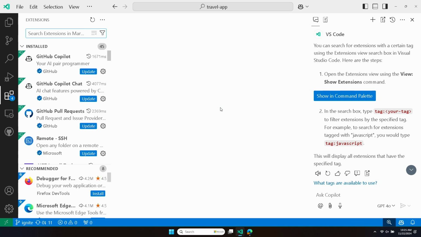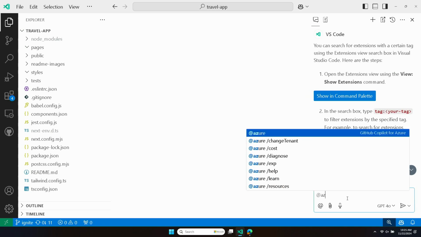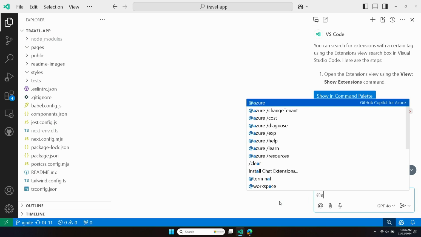I think one that's really cool that some of our colleagues have been working on at Microsoft and GitHub is the Azure participant. So if I go ahead and type @Azure, I'm gonna see that there's basically different ways that I can interact with, learn about, and deploy to Azure directly from my VS Code editor. If I install GitHub Copilot for Azure from the marketplace, I'm automatically gonna get this extension. And it's really cool because sometimes it's nice if it feels like, hey, I'm already in the flow in VS Code. I'd love then to just work with Azure, manage my Azure resources, deploy to Azure directly from my editor without having to go to the browser, kind of lose that context, get out of the flow there. So we definitely recommend checking this out if you're gonna do anything with Azure in VS Code.